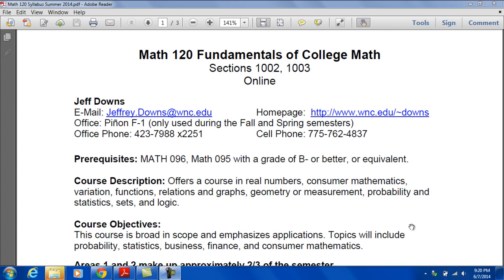Jeff Downs, here's my email address, jeffrey.downs@wnc.edu. Home page: put all the information here that you're going to need, you'd find in this Canvas page. But www.wnc.edu/Downs. Now I have an office in Fallon at the Fallon campus, Pinion F1, but I'm not there in the